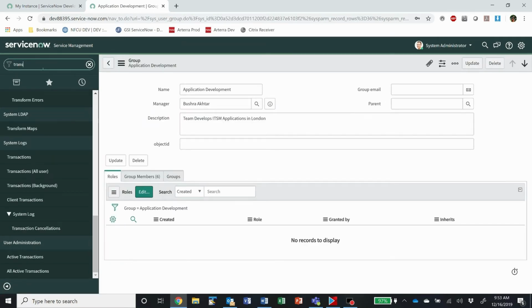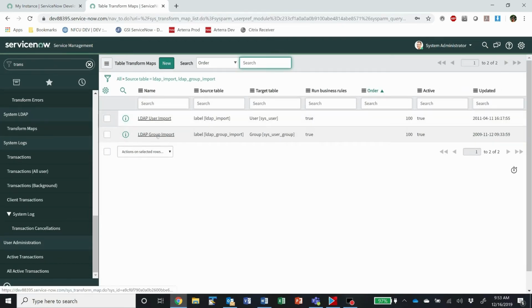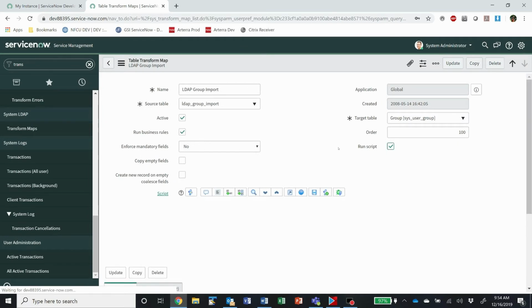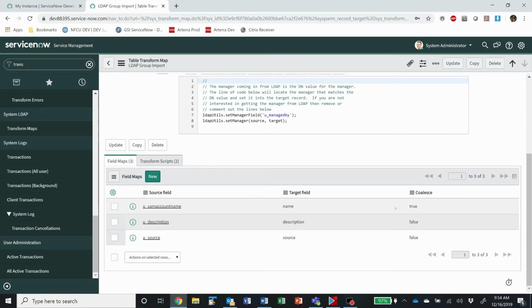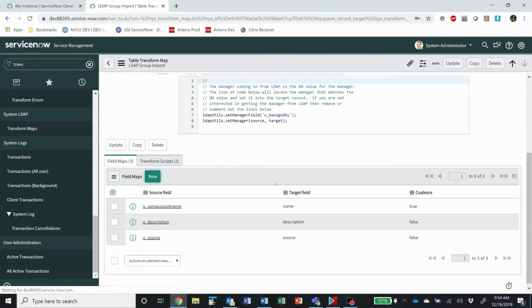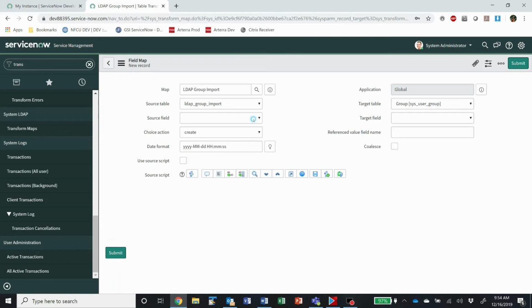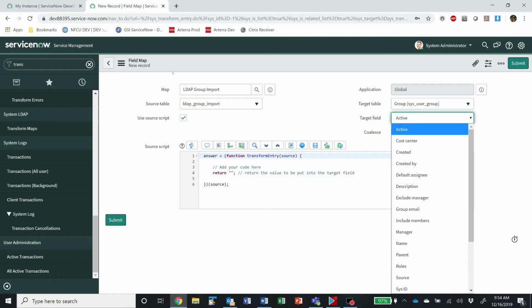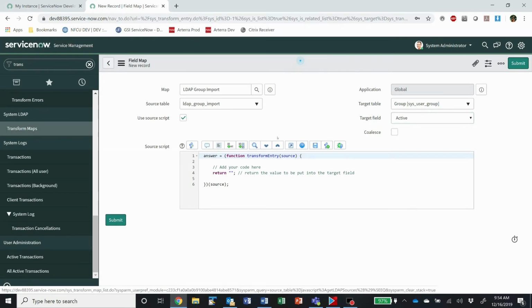And then you have to update any transform maps. For instance, if we go to System LDAP Transform Maps, like this LDAP group import, right? Out of the box, it's coalescing on name, and that's no good. That's no good at all. This needs to be object ID. I'm not even sure this is in the, yeah, it's not even in the source field, but you want to map it once you get your pullover from either LDAP or wherever you're getting,